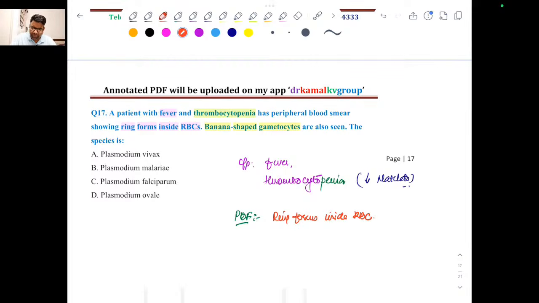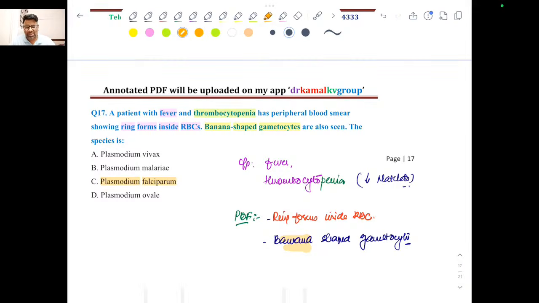This is one thing, but the classical clue given here is banana shaped gametocyte. Clear? So the moment you find this word banana shaped, I think yes, Priya, Gaurav, very good, Plasmodium falciparum,